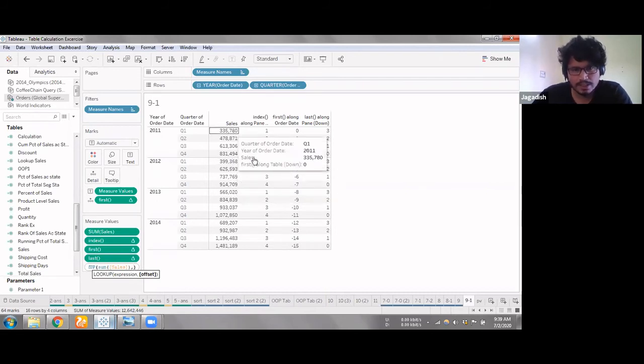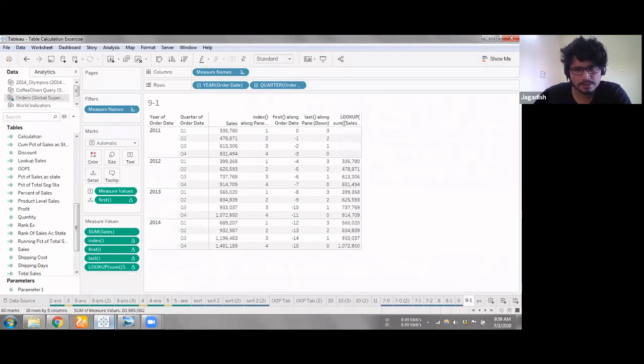So my offset should be 1, 2, 3, 4, so I need to go minus 4 steps. I'll press enter. Now this particular 2011 column value is coming right over here for comparisons. Now I can just subtract this.